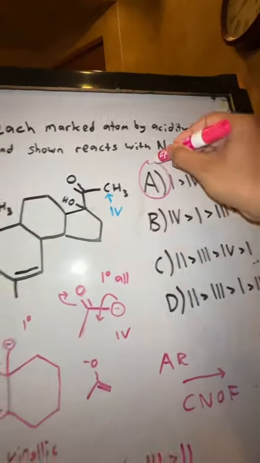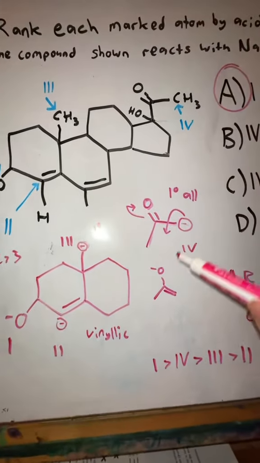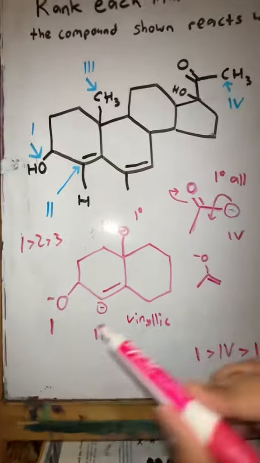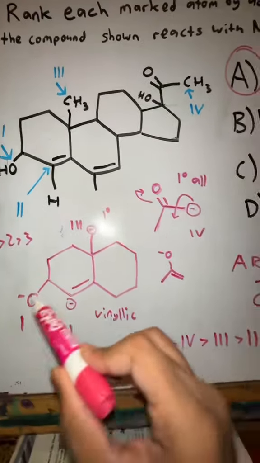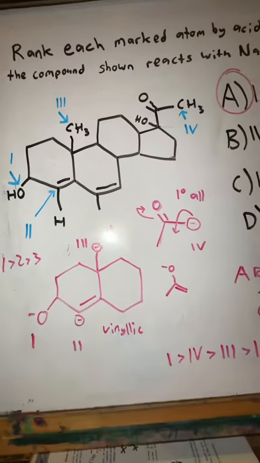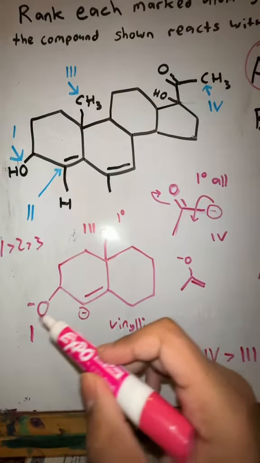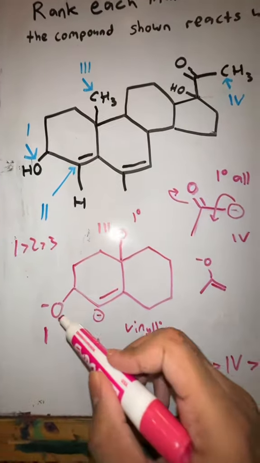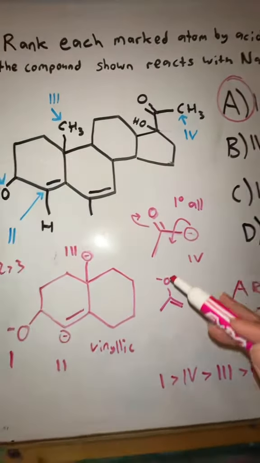answer choice A. Now you might be wondering, why is this better than this one if we ended up with a charge on the oxygen? This one just has a charge on the oxygen, but this has a charge on the oxygen with resonance. Well, experimentally, something like this, like an OH, would be more acidic than a ketone or aldehyde. And the best way to explain it is to look at where the negative charge originates. The negative charge originated on the O, whereas it originated on the carbon here. Now, it did end up resonating, but once again, experiments show that